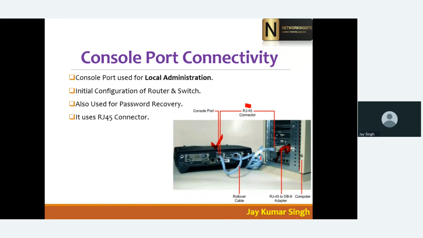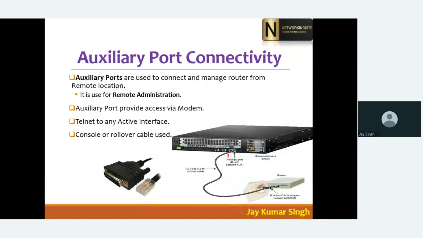As I told you, the console port and console cable are used for configuring the router. The initial configuration of the router will be done by console cable. So you have to connect and then configure. But as you know, the router does not have a screen, right? So we have to use our laptop or desktop screen to connect with the router. Okay, and there is some software which helps you to connect.